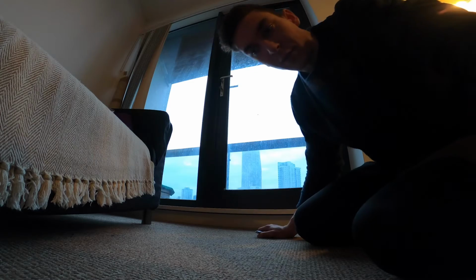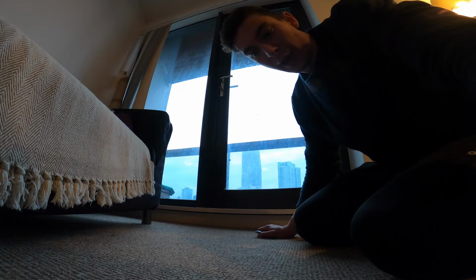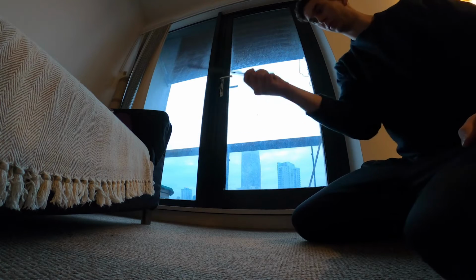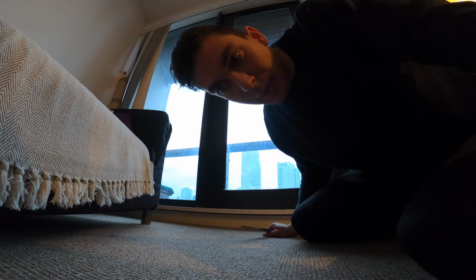Right, I've been practicing one of the butterfly knife trick goals called behind the 8 ball, and I've pretty much got it. It's not really that smooth yet, but